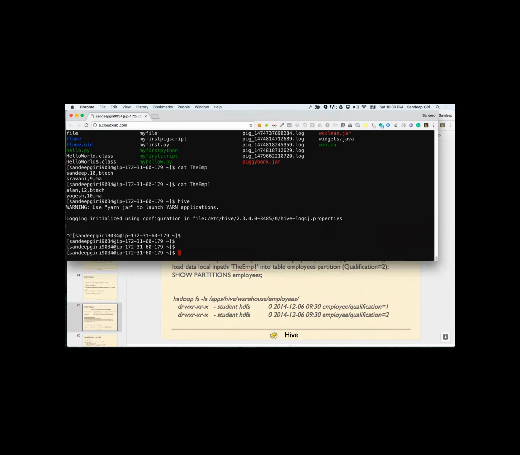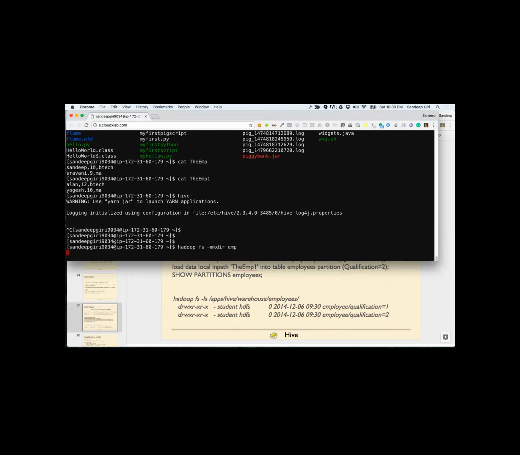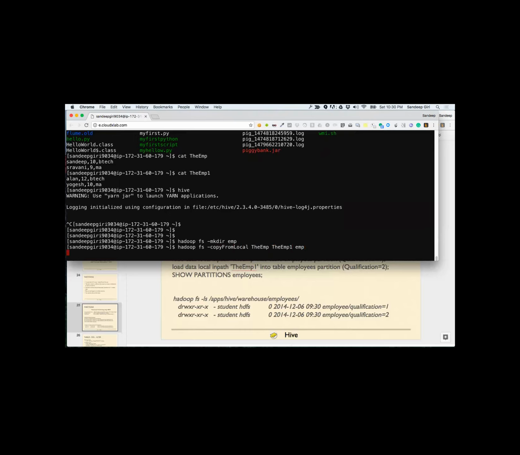And let me do Hadoop fs make directory and I call it say EMP. So I'm creating a directory in HDFS and Hadoop fs copy from local emp1 into EMP.